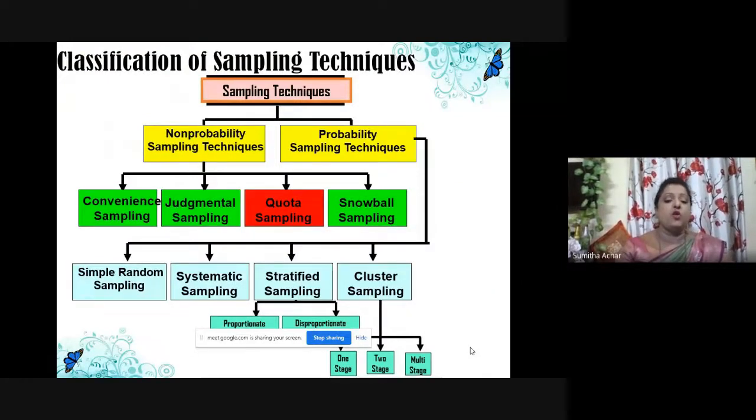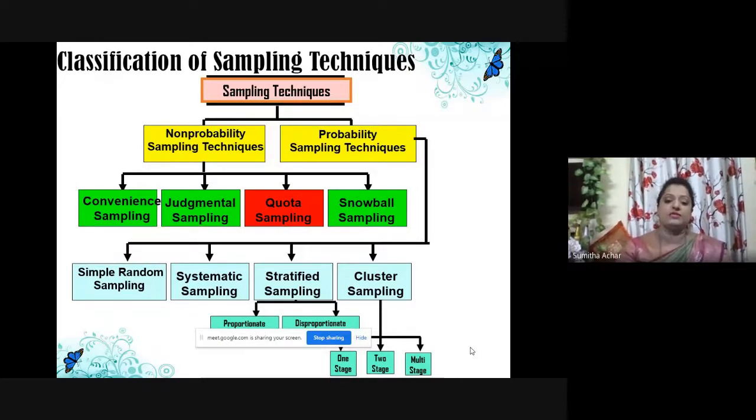The third one is the quota sampling method, right? Now understand one thing. Quota sampling is also similar to stratified sampling. What did we do in stratified sampling? We divided the entire population into strata, right? Within the strata, the people are all homogeneous, but between the strata, they are all heterogeneous. But what was the understanding? In stratified sampling, we knew the sample frame. We knew the population was finite.